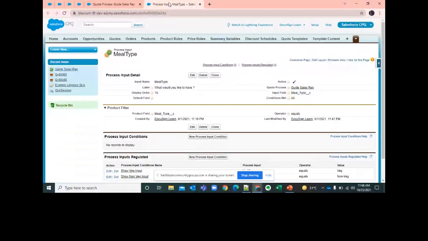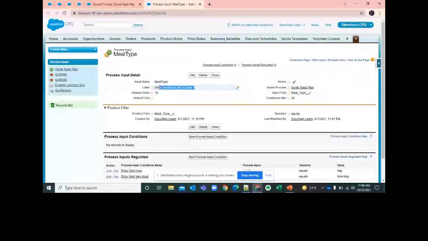We have to set up inputs in this object, so that guided selling asks these questions to the customer. Whatever questions you want to ask customers, you have to set up in a process input. The first question we want to ask is, what would you like to have?